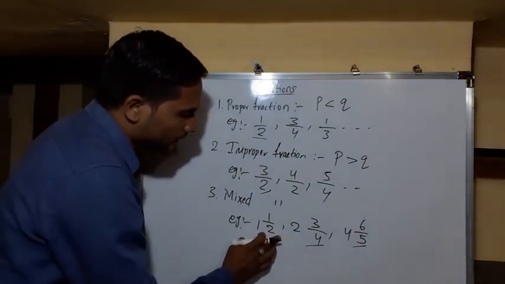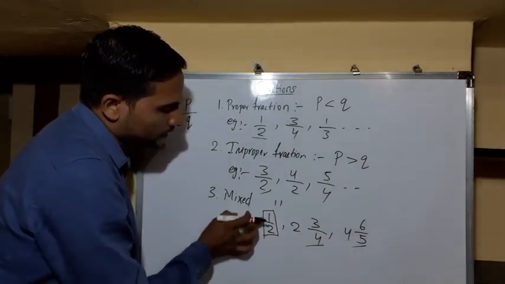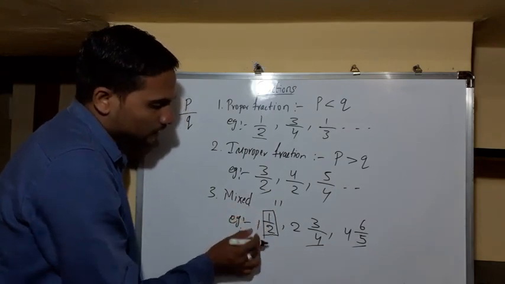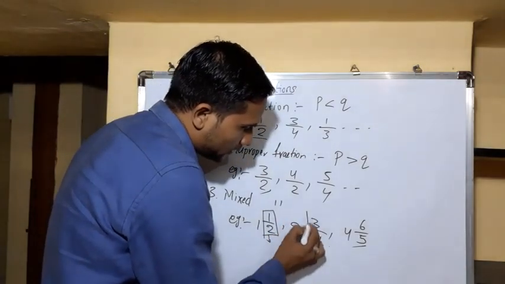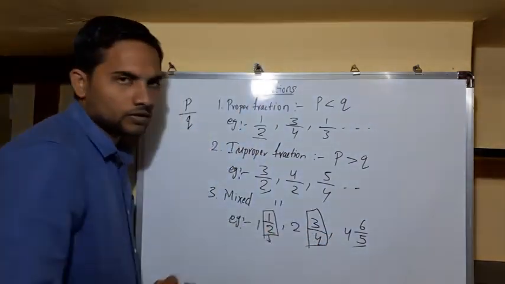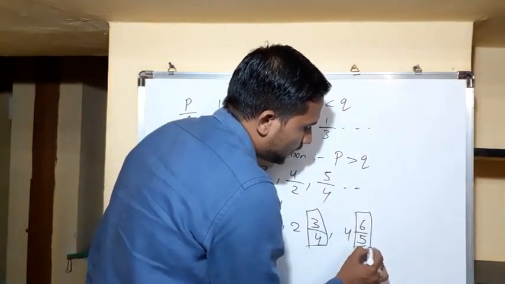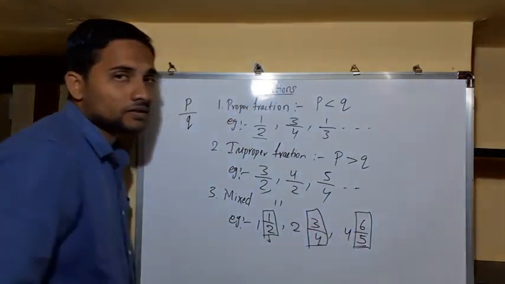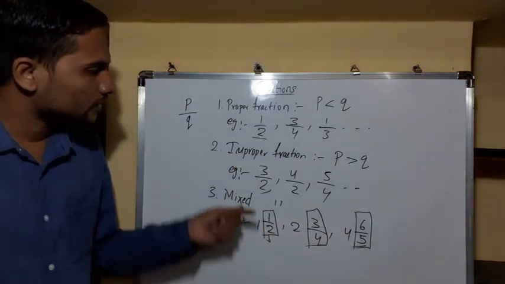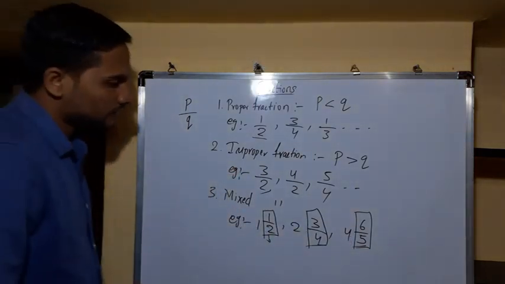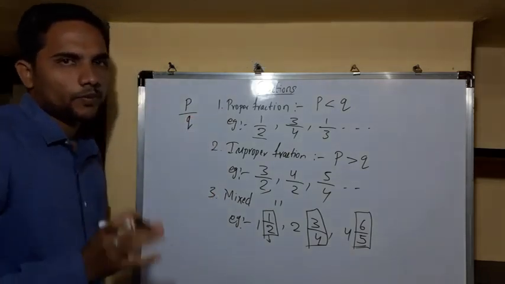So one thing you observe here, friends, observe this fraction part, 1 by 2. See, the numerator term is lesser than the denominator, so it is a proper fraction, right? Similarly here, the numerator term is lesser than the denominator, it is also in the proper form. But see this one, friends, here the numerator is greater than the denominator, right? So if numerator is greater than denominator means what? It is improper. So that's why we say, friends, normally mixed fraction is what? It is a combination of both proper and improper fractions, right?